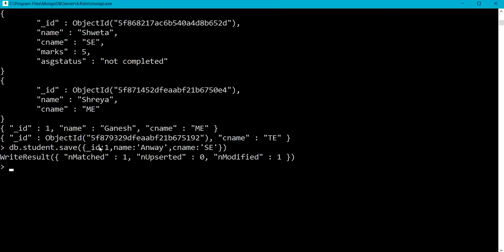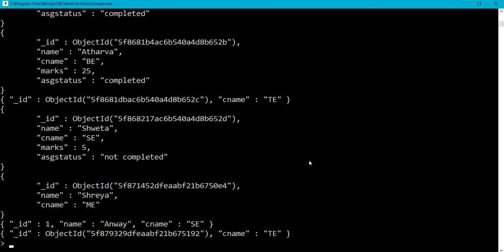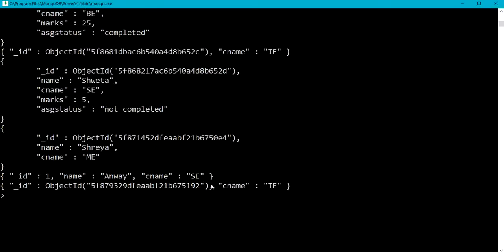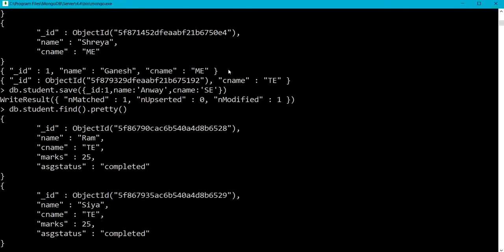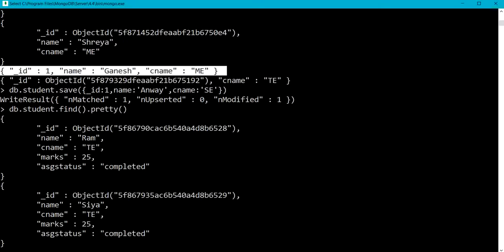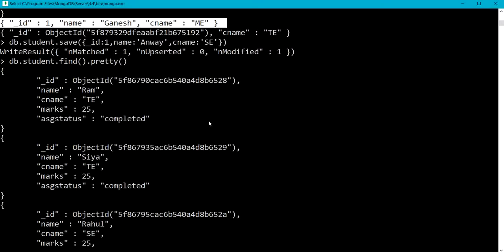Yes, and matched 1, upserted 0 and modified 1. Let us check with the find method. You can see here earlier we were having with the underscore ID field one document with the name Ganesh and class name ME, and now with the save method we have replaced that document with a new one.